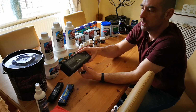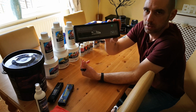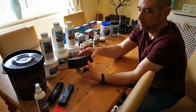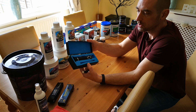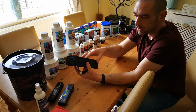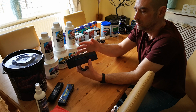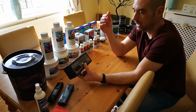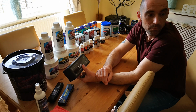Obviously I'm using a refractometer to check the salinity. That's the one I'm using. Calibrate it. There's been this issue of people saying the calibration isn't accurate if you're using RO water. It does actually say in the instructions to calibrate zero with RO water. It doesn't say use a calibration fluid. I know there are calibration fluids, and people are saying it's completely out using RO. I don't know. I've always used RO. I must at some point order some calibration fluid just to test it, but I did borrow a